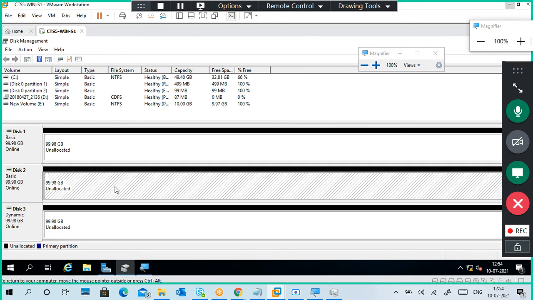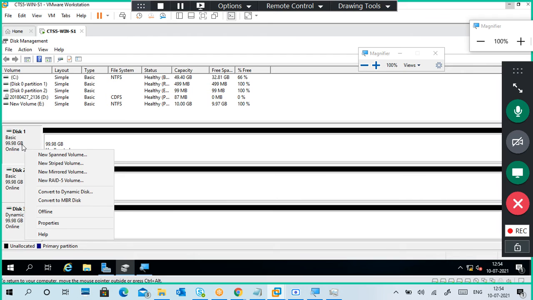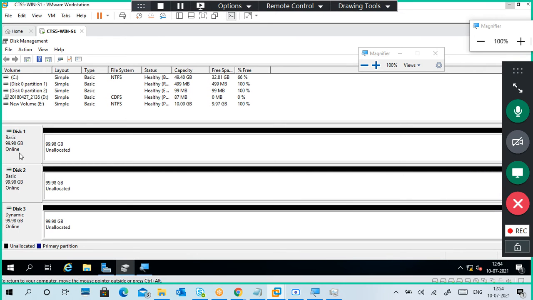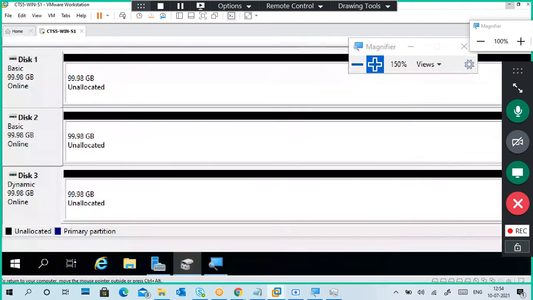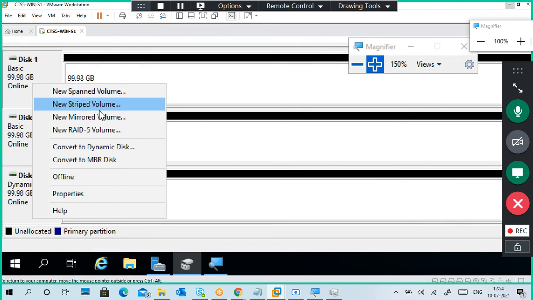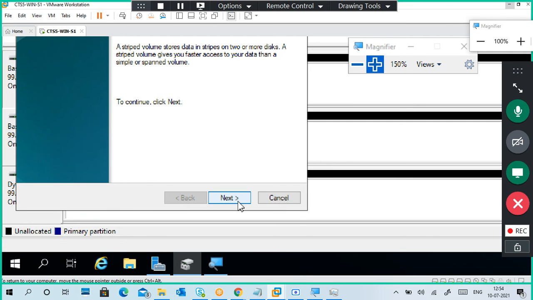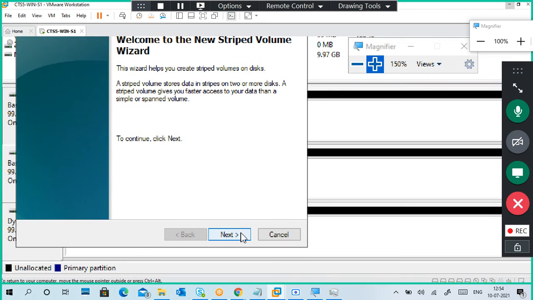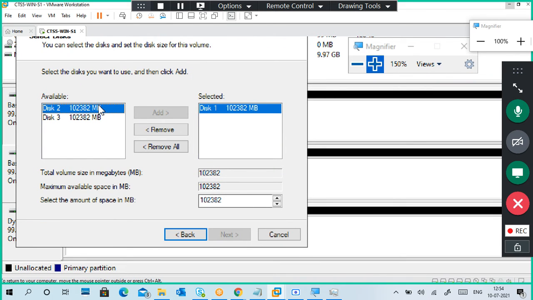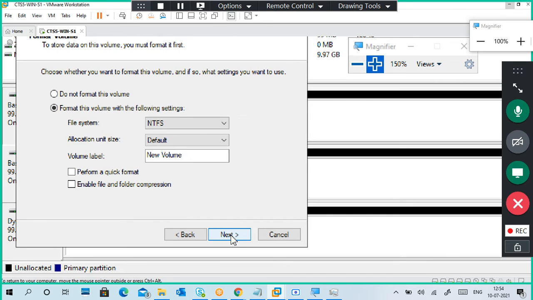So guys, how to create a striped volume? Right click. Next, select a disk. I added another disk also, so if I want 3 disks, I can add it. Very good. Next, quick format.